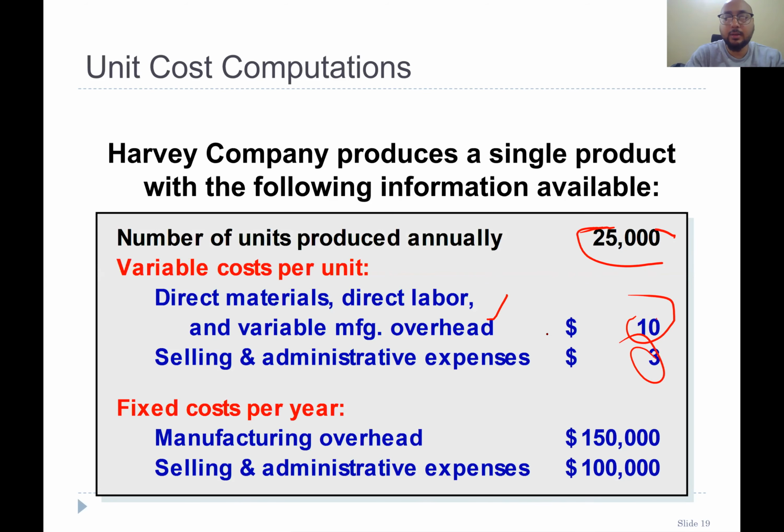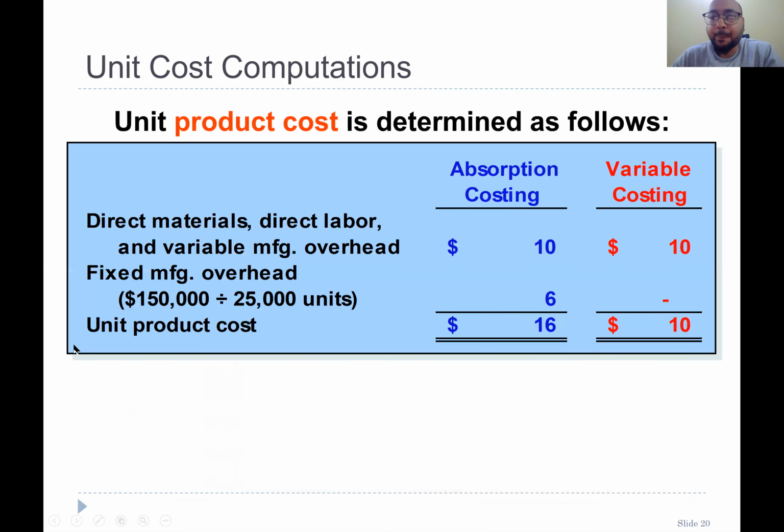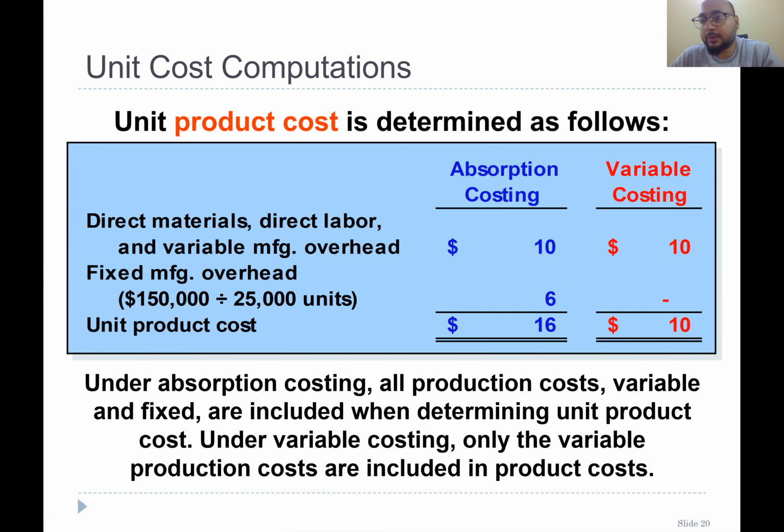While the fixed costs are fixed manufacturing overhead 150,000 and fixed selling and admin expenses 100,000. So can we calculate the unit cost under both methods? Yes. Let's see that. So under variable costing, only variable